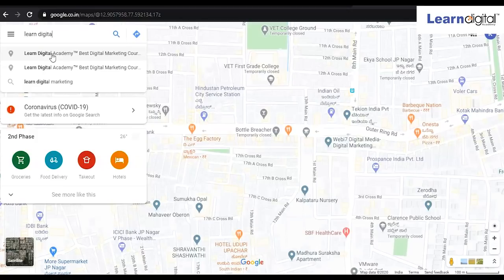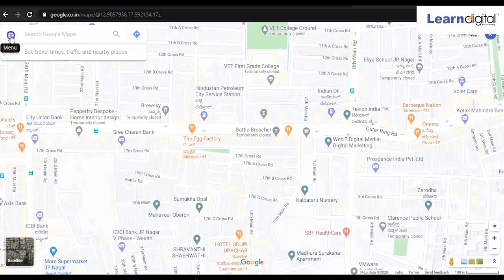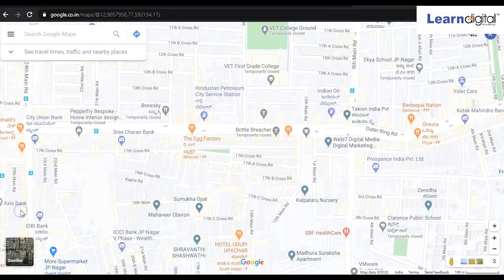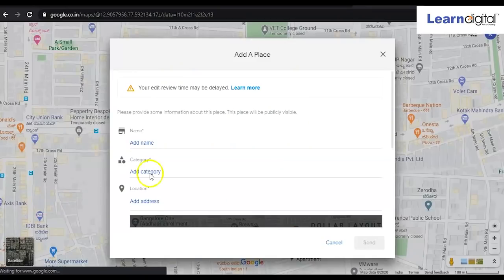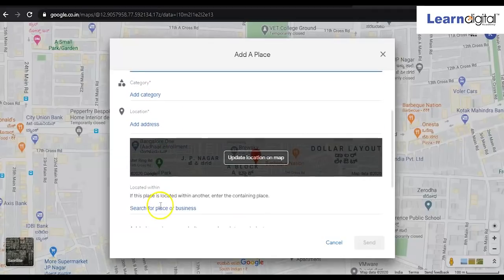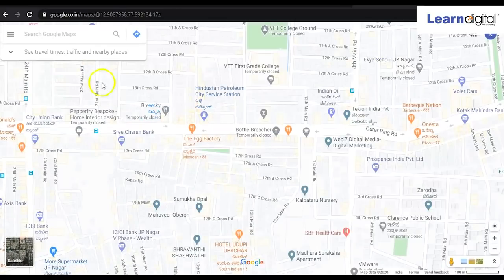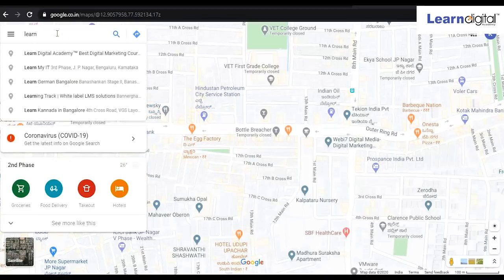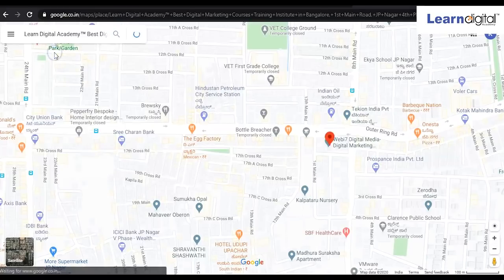What will happen if the place does not come up? You have to add that place by clicking over here and clicking on add a missing place. When you click on that, you can create that name, I mean address. Here you'll be creating the name, category and location, and simply you will update. So it will start coming in Google Map and you can type the location or you can search for the address.